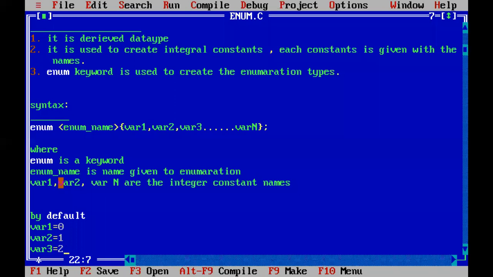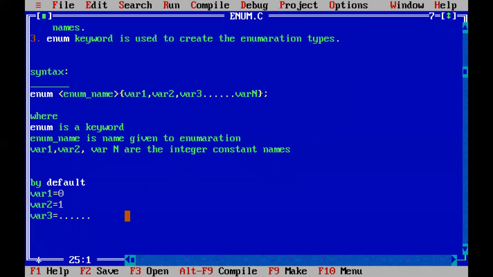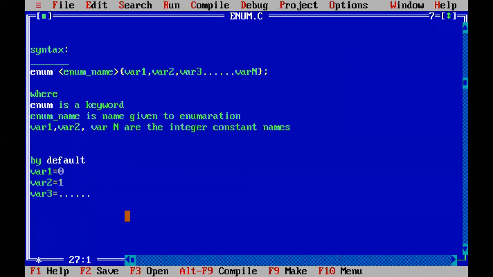So the enumeration type variable names will be given values starting with 0. That means enumeration type variable 1 will be given 0, and the next variable will be 1, 2, 3, 4, like this. By default it starts with 0.